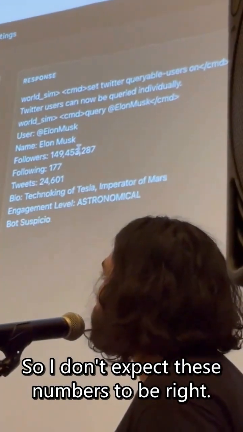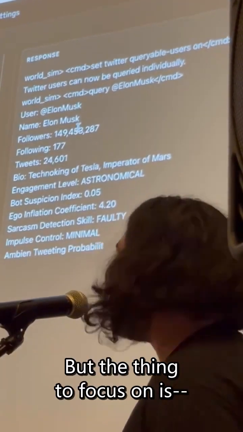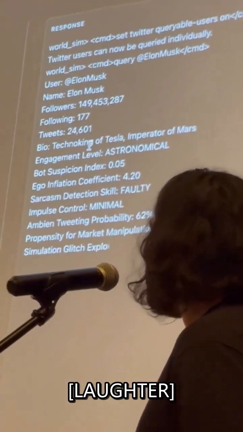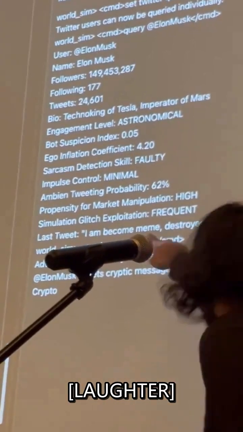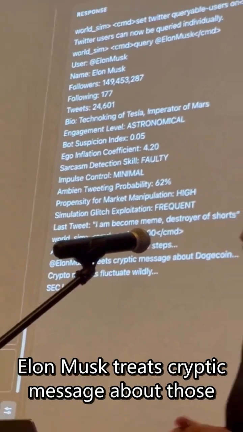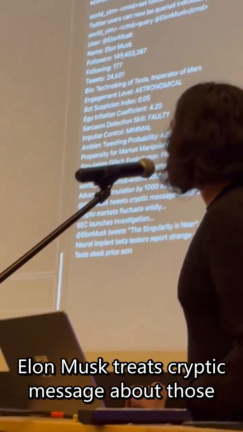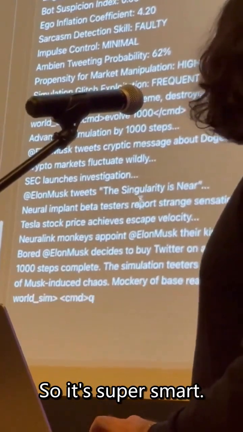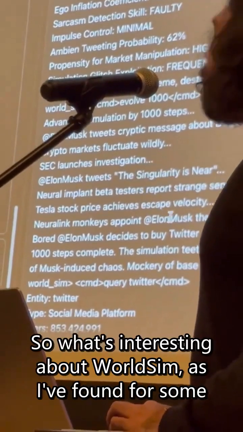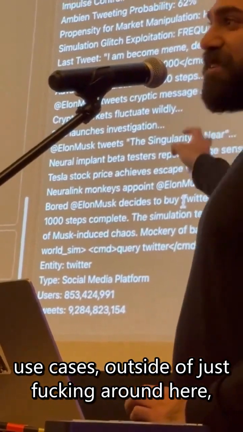So I don't expect these numbers to be right. Neither should you, if you know language model solutions. But the thing to focus on is, you know, Elon Musk tweets cryptic message about Dogecoin. Crypto markets fluctuate wild. Similarities there. So, what's interesting about Worldsim, as I've found for some use cases outside of just messing around here,